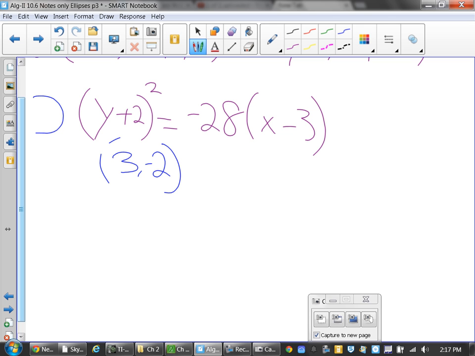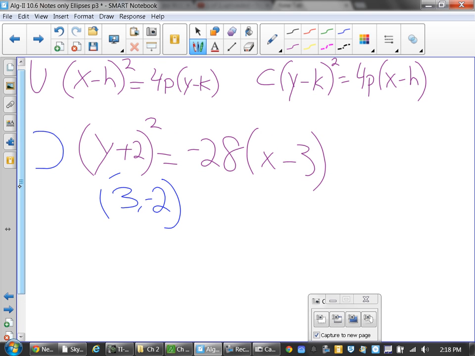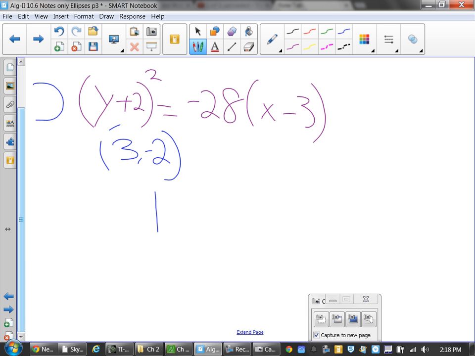It's the same one we've been working on. Y minus k, right there. All right. Now, since the y squared term came first, most people accidentally put that as their h. Don't do that. Slow your brain down. You have plenty of time to take these things. So I know that my vertex is at 3, negative 2. When I go to plot it,